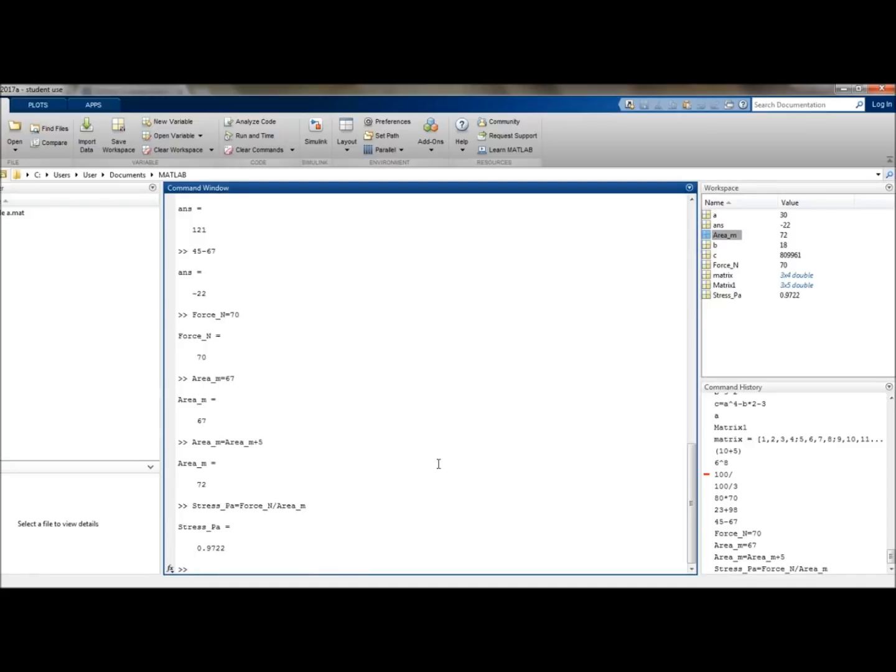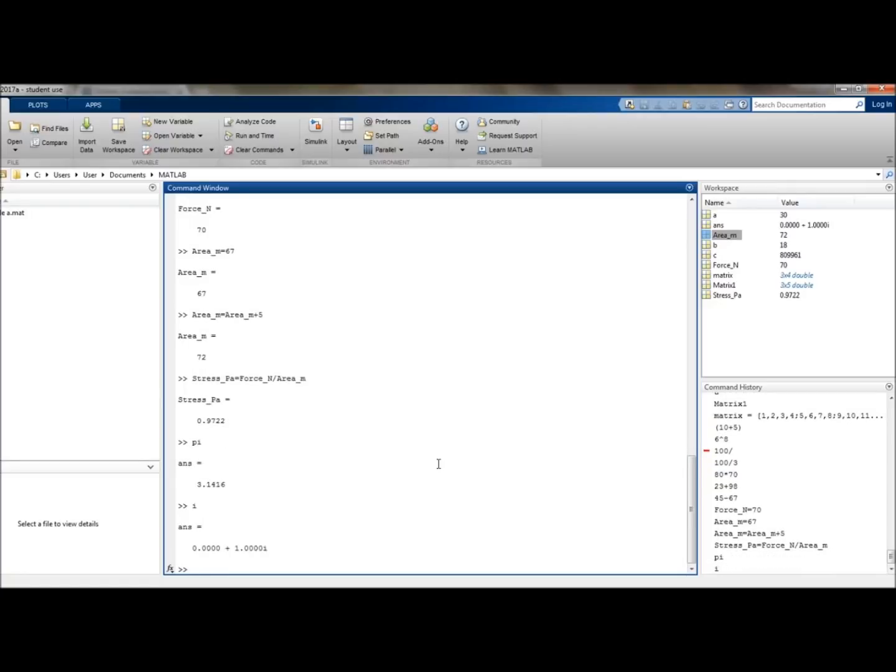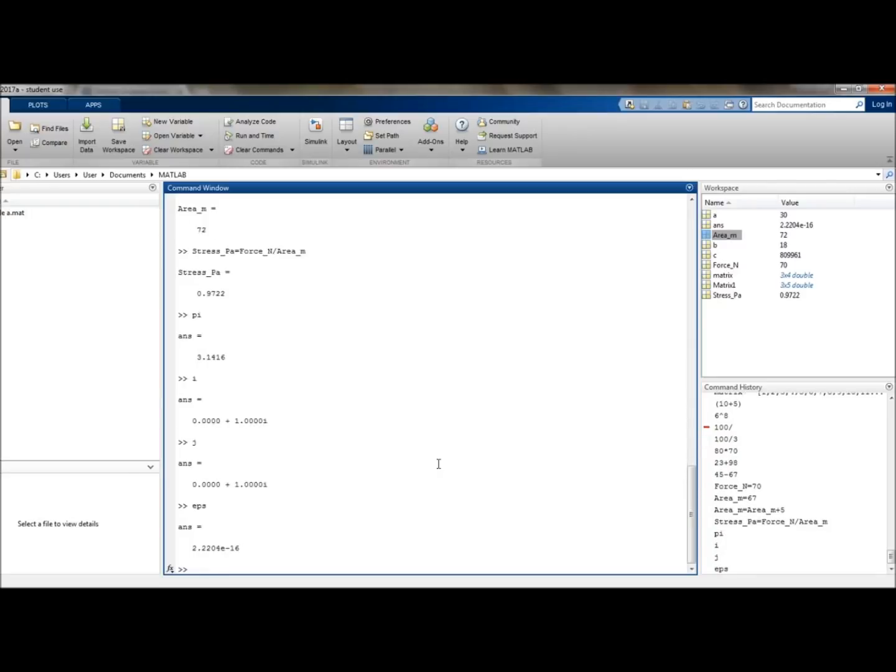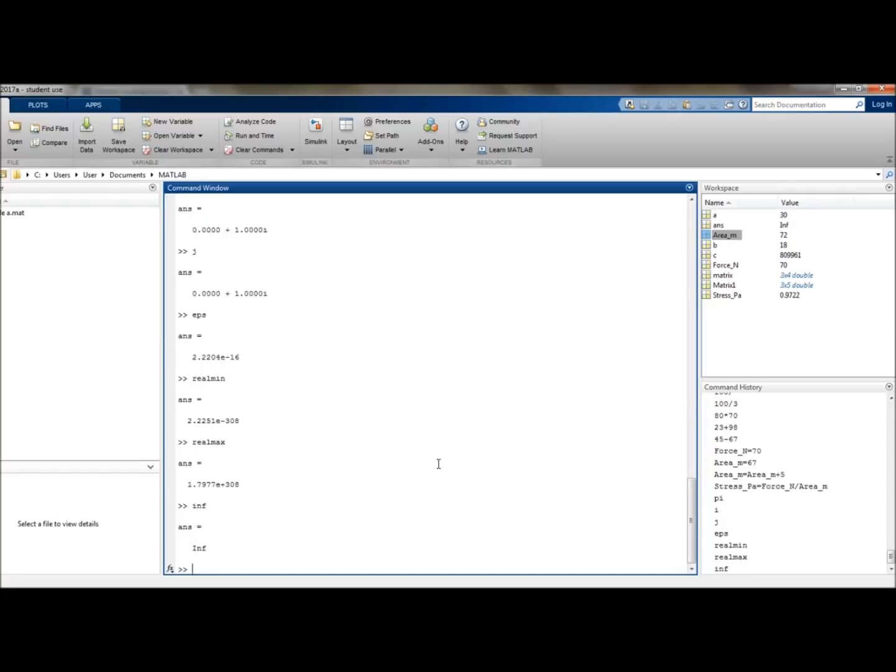Now moving on, MATLAB has some pre-stated variables such as pi, i, j, eps, realmin, realmax, and infinite, or Inf. However, you should be aware that if you were to overwrite any of these values,